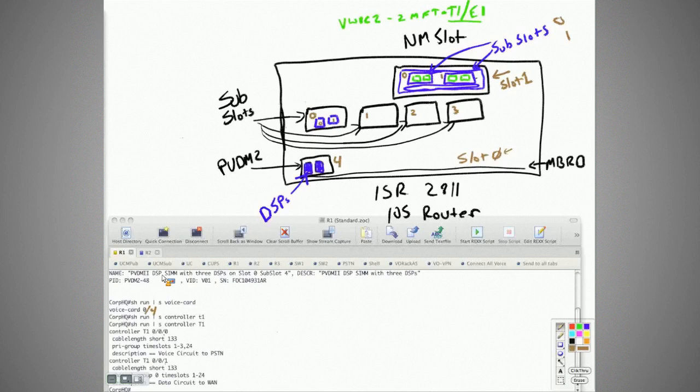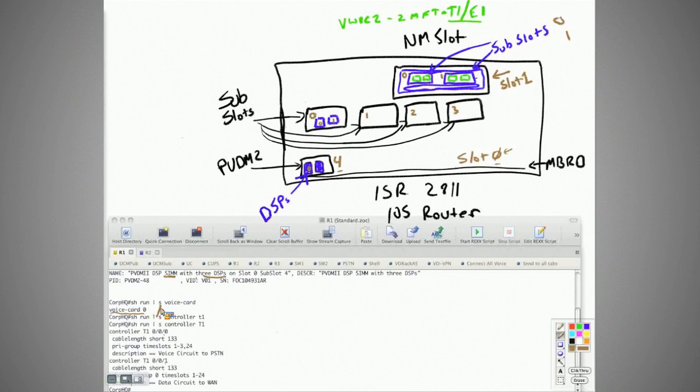We can have more than one PVDM SIM card. And then to further that, we can have up to 5 DSPs per SIM. So a single inline memory module, we could essentially say this is 0/4/1, or 0 actually, if we're counting canonically, if we're accessing this first DSP here on subslot 4 on the router's slot 0. However, IOS doesn't let us get that granular when we're defining attributes for this DSP or this